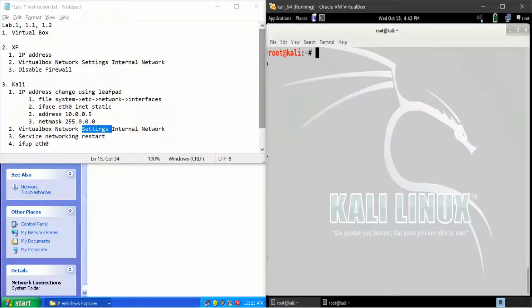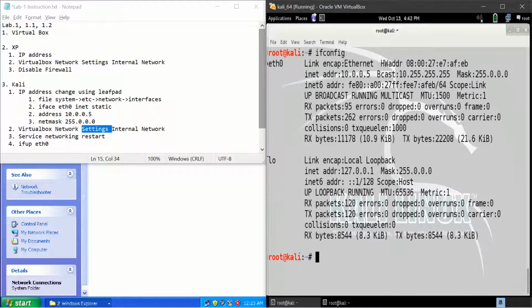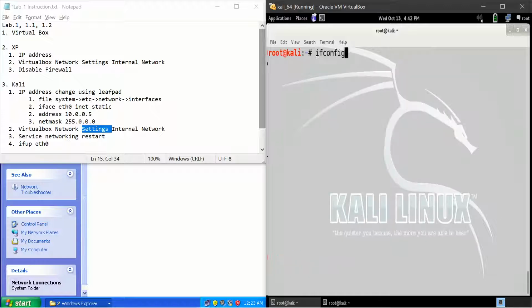Clear command to make the screen clear, and ifconfig. The IP address is assigned here. So this is the way you can assign the IP address and run the service. The command for running the service, as I told you, is service networking restart.